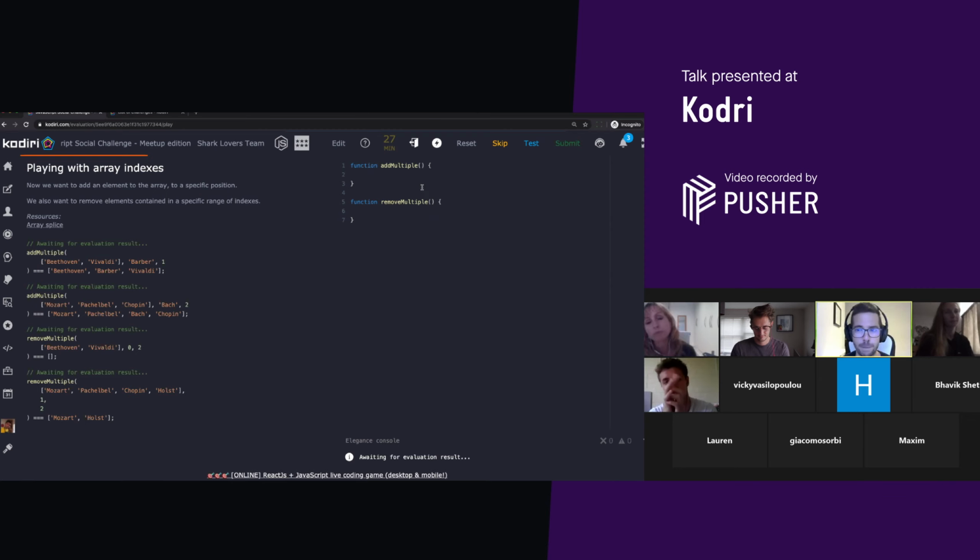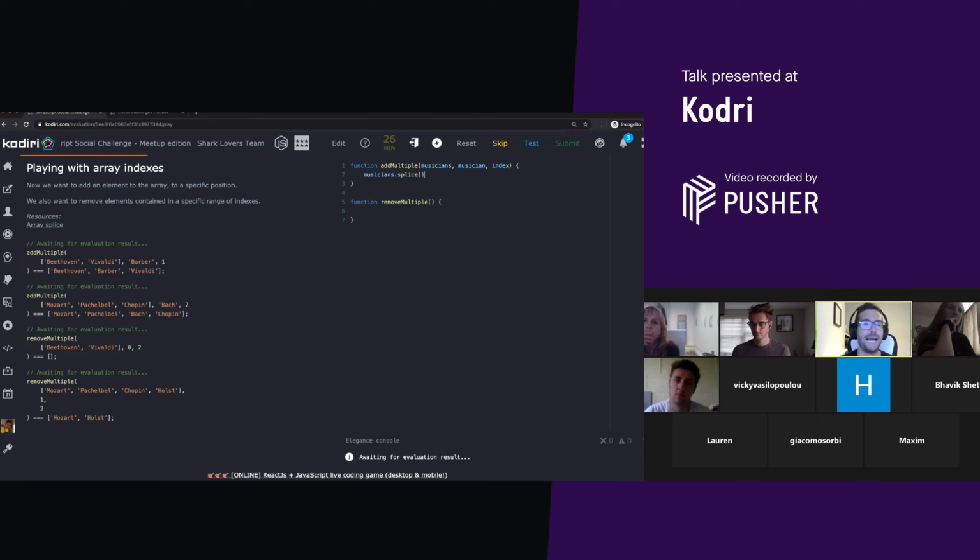through that problem. Let me show you. I'm going to solve the problem so it passes, but Giacomo is going to complain massively about what I'm going to do now. So look. Add multiple, that's an array of what? Of musicians, maybe, right? So let's try to keep some quality standards on the semantics: musicians. And then I'm going to add a musician in a particular index.